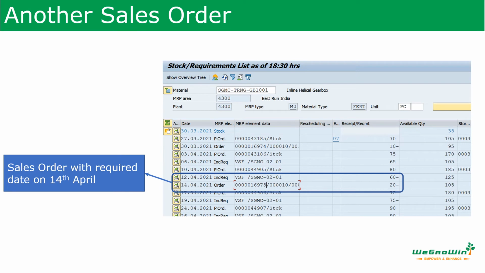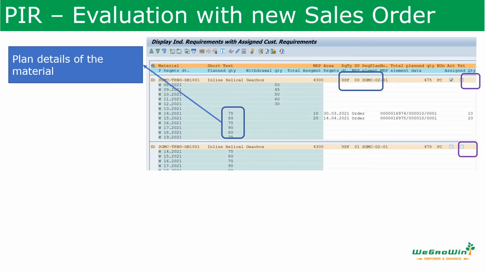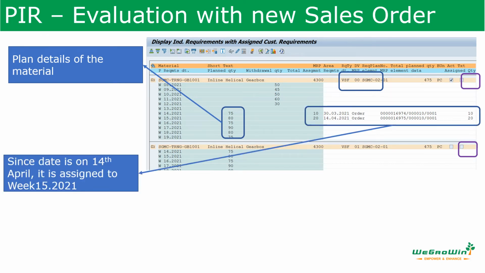Now I want to enter another sales order. Here we enter sales order 6975 and the requirement date is 14th April. The moment I entered it, see that the plan details remain the same, but the assignment of 20 numbers is shown. Because the date is 14th April, it is assigned to week 15, 2021.